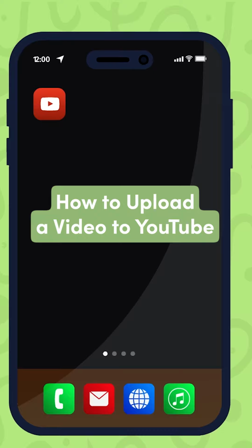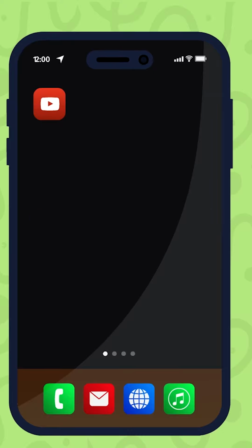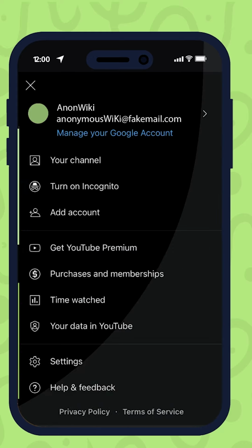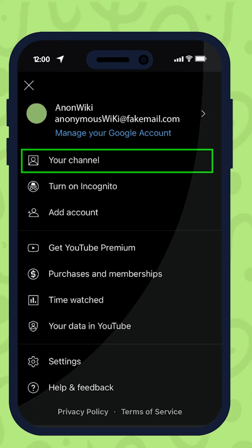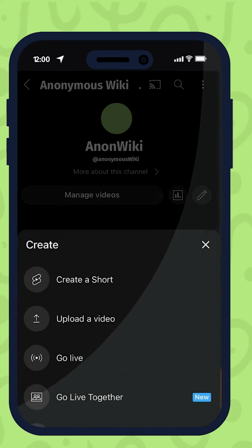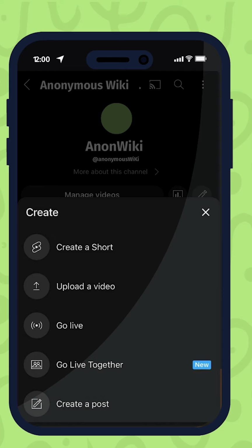If you're uploading a video to YouTube from a mobile device, start by opening the YouTube app. Tap your profile picture in the top right corner of the app screen, then select Your Channel from the top of the drop-down menu. Next, tap the video camera icon. This will allow you to select a video from your gallery or record a new video using the camera on